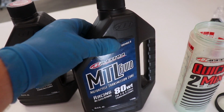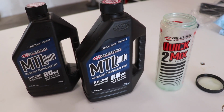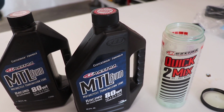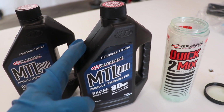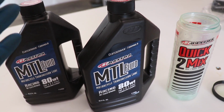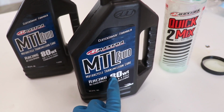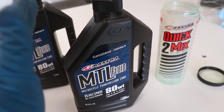Now for gear oil, I'll be using Maxima MTL 80 weight. This bike calls for 700 cc's. Now there's a lot of back and forth on the internet about which oil to use. A lot of different opinions out there, so here's mine. Find a company that you can trust, use the recommended weight for your bike, and make sure the price is